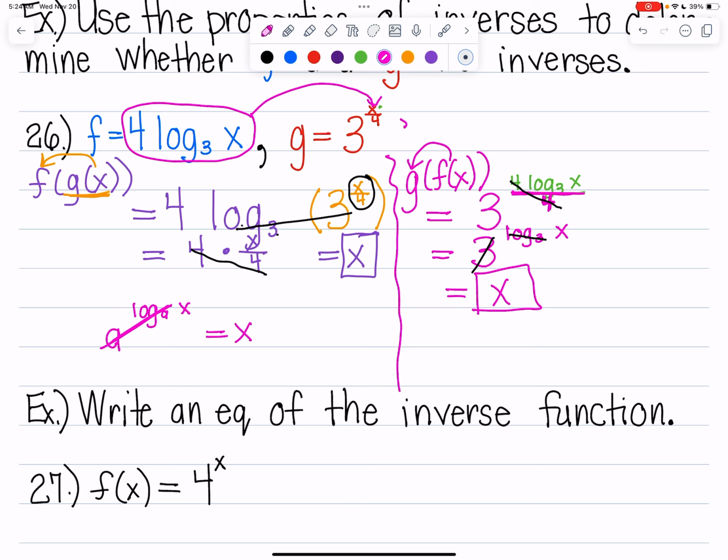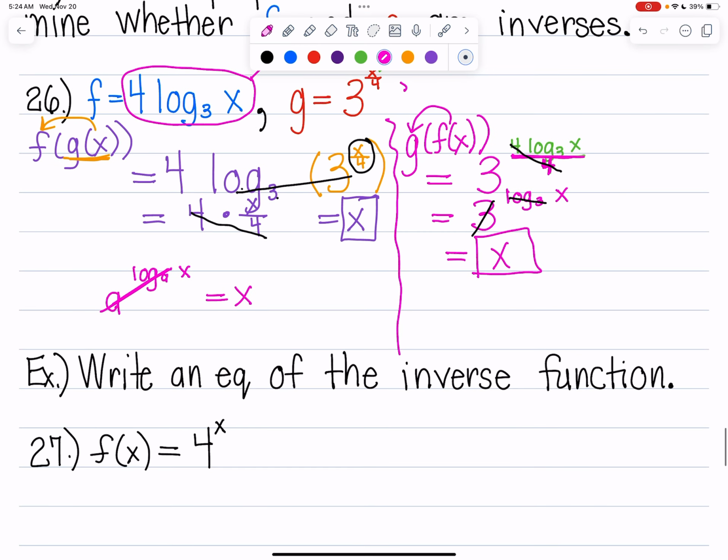So I hope that, and you have to use those properties, you all. You have to use